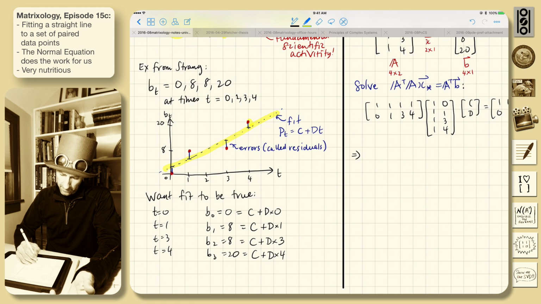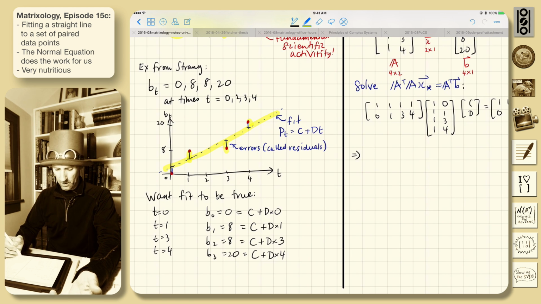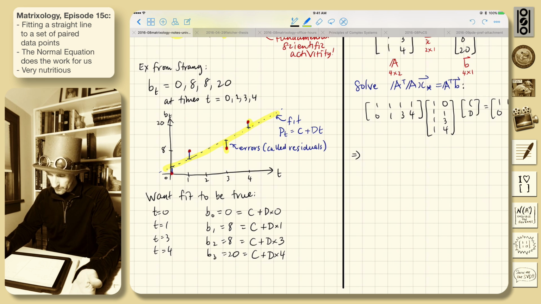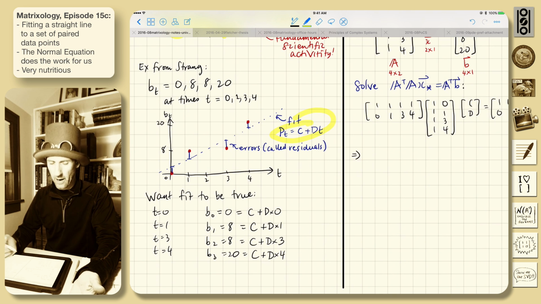And there'll be little errors here. So we can see that this is not going to work. It's pretty obvious that we have 8 and 8 at different times. There's no way we can fit a straight line through this. We could fit a higher order polynomial, and linear algebra allows us to do that as well. The errors are usually called residuals. So there's a little error here. And we're going to fit it with a straight line. We'll call our fit P,